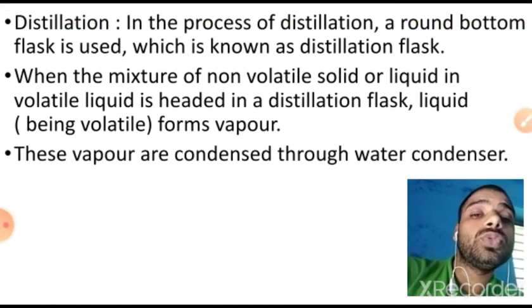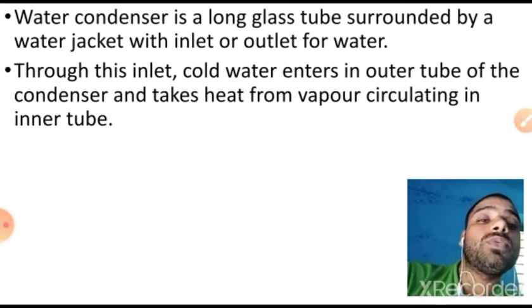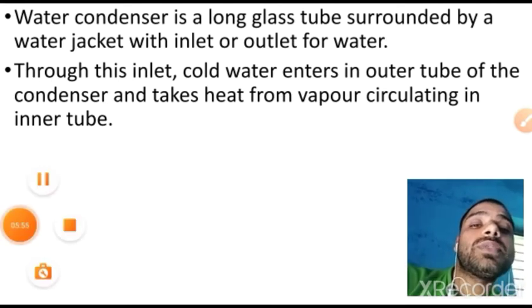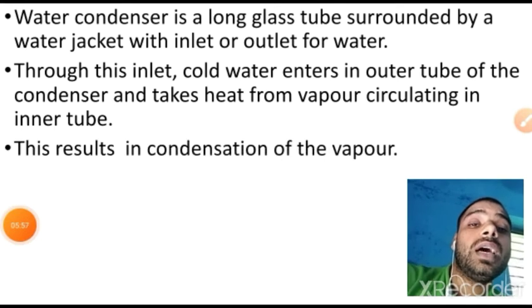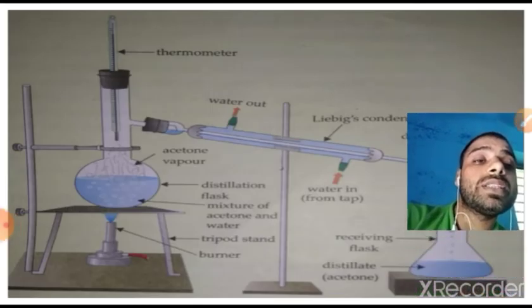How? I will show you the diagram and you will understand. Okay, dear student, you can see this one is a water condenser. What is a water condenser? It is a long glass tube surrounded by a water jacket with an inlet and outlet for water. Now I am reading this, but I will show you this picture, then I will come again to this one. So you can see this is a picture